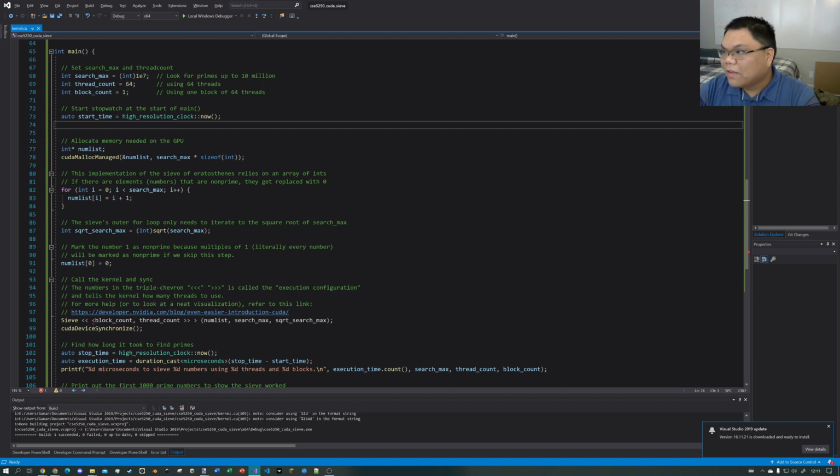Typically a GPU also has its own memory, so you have to tell the GPU what data we're going to be processing, more or less. Okay, so